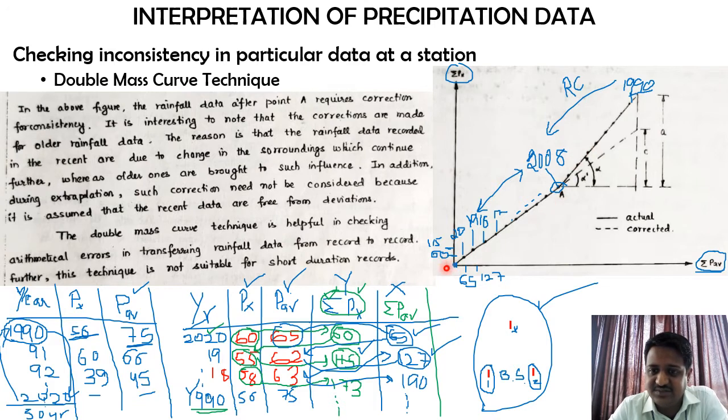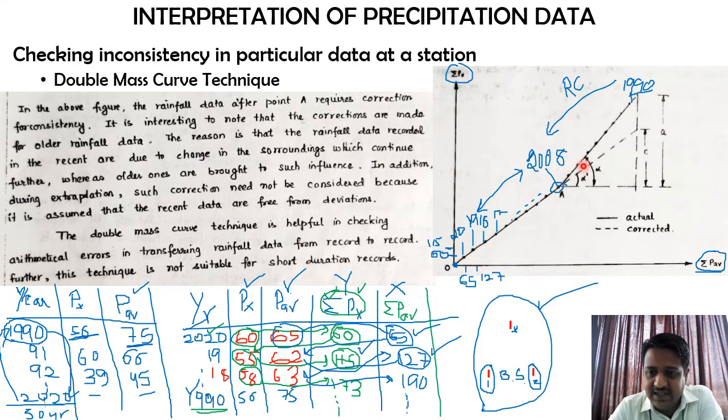You can check from 2020 till 2008, it has one set of slope. It indicates that the rainfall characteristics from 2020 till 2008 are of the same nature. But before 2008, the slope of this particular line is changing, so the slope is basically varying over there. So whenever such kind of variations are happening, now this is the most important point for this double mass curve technique. I'll repeat myself, please check this out.